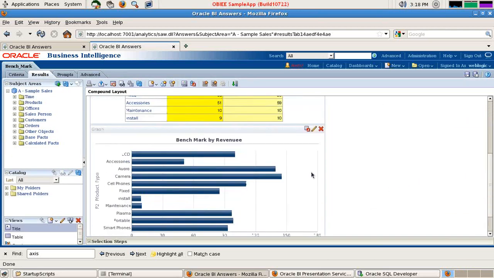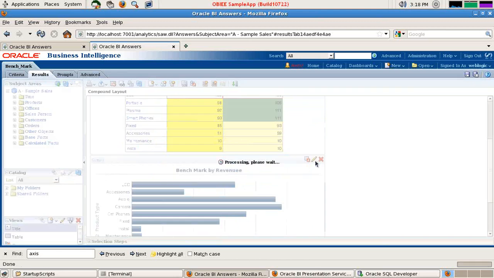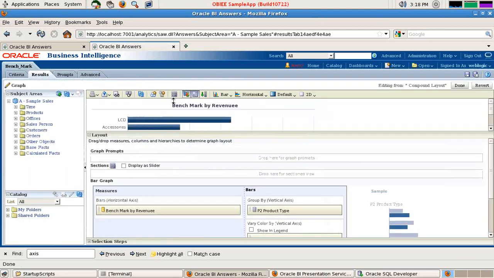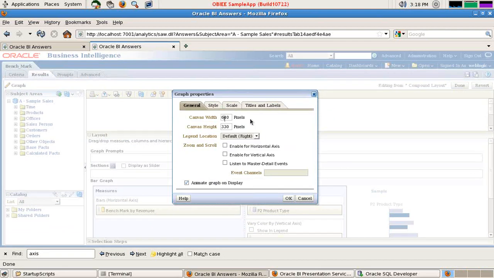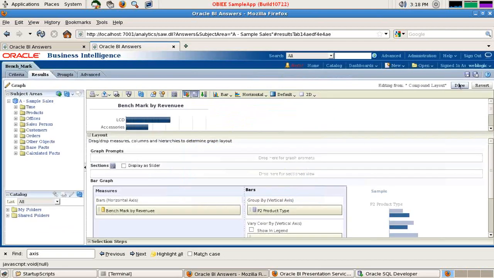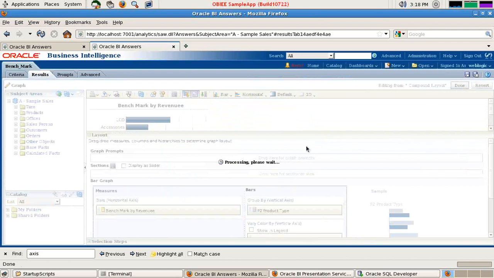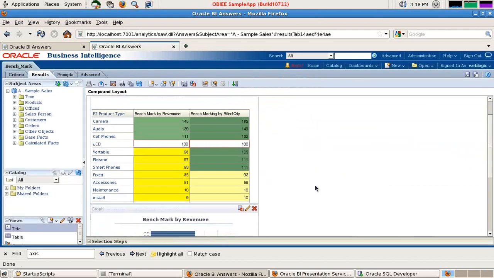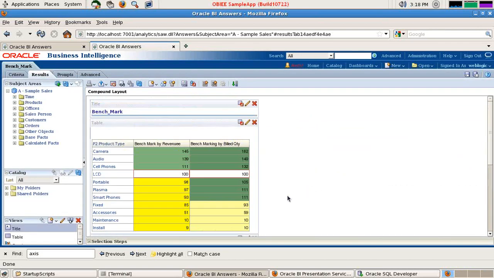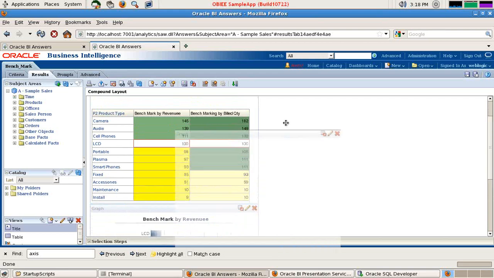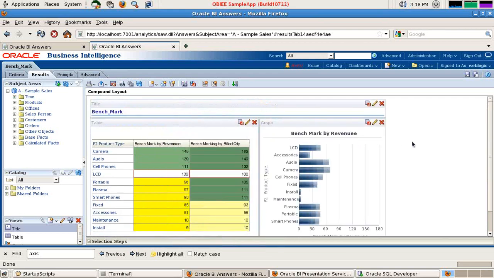I'd like to display this along with my table, so I'll just reduce the size of it. Go to edit option, properties, scaling, and change the size of it. Make it smaller. Canvas width 300 is what I have given. Now I'll drag and drop and place it beside my tabular view to make it meaningful. The same thing I do by benchmarking by revenue and benchmarking by